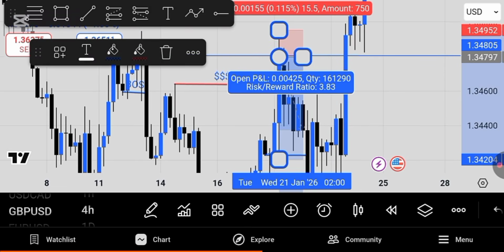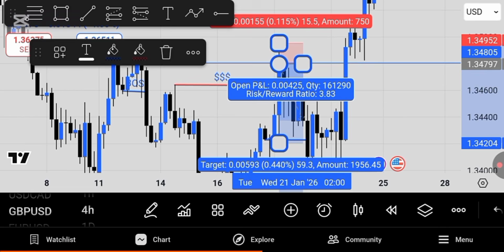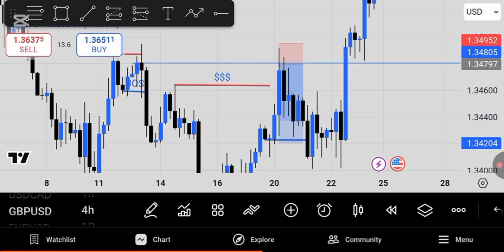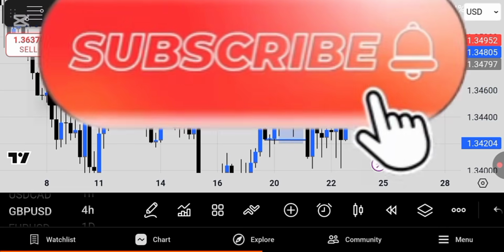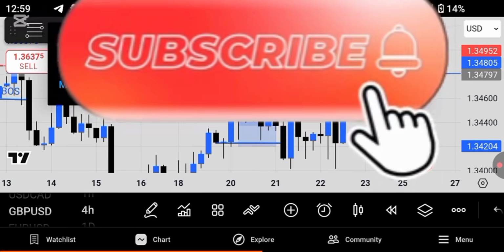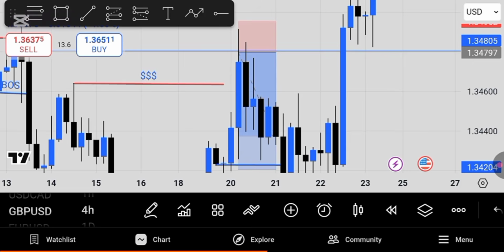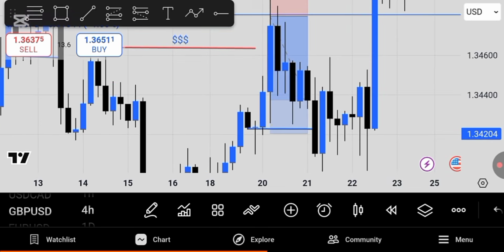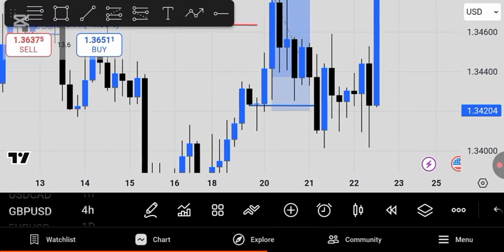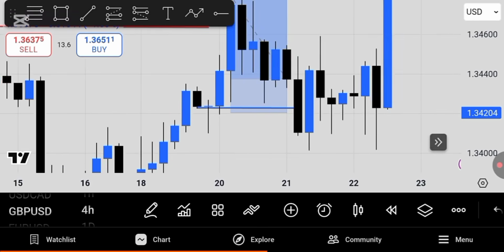And boom, you got a 1:3 ratio, 3.84. But this is relatively small. Let me explain the exact trade I took. I just explained this so you understand the framework. So let's explain the exact trade I took, the sell and buy I took